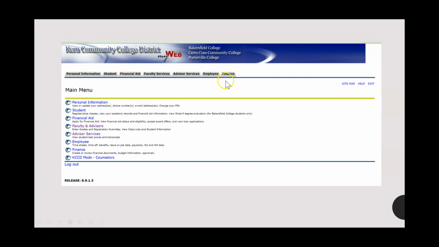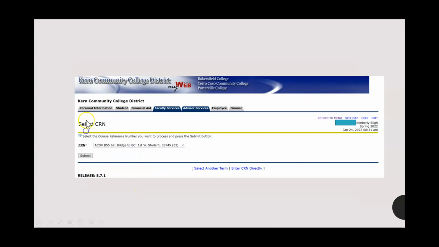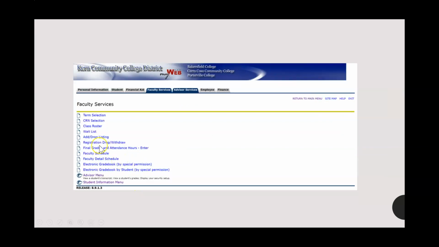So you see we have lots of tabs across here. You may not have the advisor services depending on your role as faculty, but we're going to spend some time right here in faculty services. So we're going to go to faculty and advisors. Under faculty and advisors, you have many options. What we're going to take a look at first is your